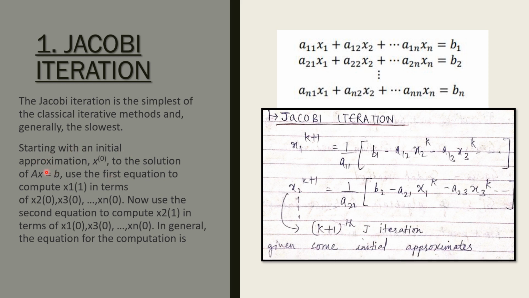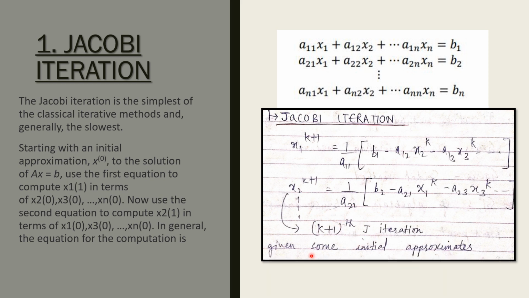Start with an initial approximation, say x0. Now x0 will be given in your question, or you can assume it to be 0 or anything to approach the problem. Okay, so this is a system of linear equations. Now we will use the initial approximation to go forward in our calculations. This is the basic iteration formula, in which you can simply put in the values and you'll get the iteration as per your requirement.